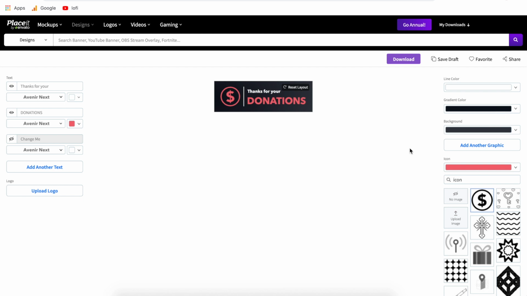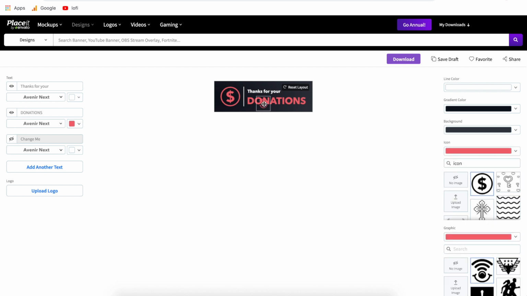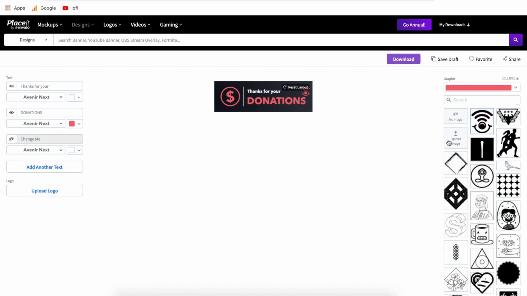All right, just two more things left in this template. One is add another graphic. If you click that, it's going to add a graphic to your template. And this is going to be very similar to the upload logo button that we had here. The only difference is with this graphic, it's going to bring in the full library of different graphics to choose from. So you can upload your own image if you have something on your computer, or you can search through their library and you can add something custom in here. Now again, if you don't want this graphic anymore, just drag it out to the side or hit no image.